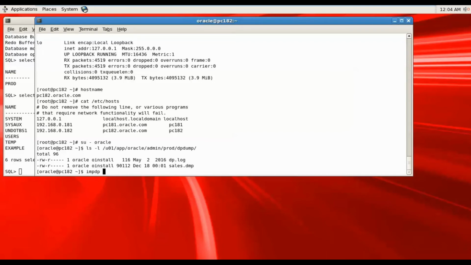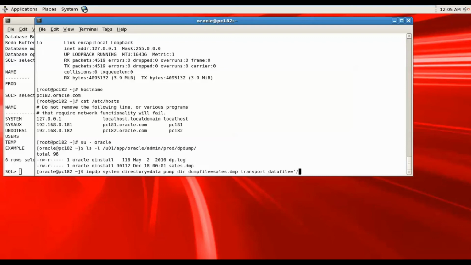First I will do import of that dump file, that is impdp system and directory equal to my data pump directory already created here in this target database. Directory equal to data_pump_dir, and dump file equal to sales.dmp, and this is very important, this keyword, transport_datafiles. While exporting at the source side we have to mention transport_tablespaces. In the target while importing we need to mention transport_datafiles, and transport_datafiles equal to,